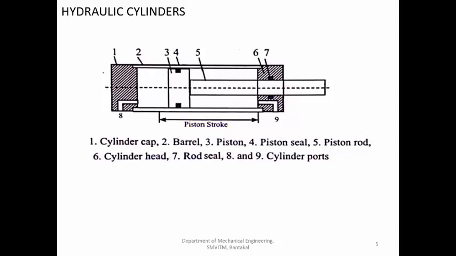Now how is the power calculated? So the power calculated is based on the force. The force is developed because the fluid is acting on the area, the surface area of the piston here. So that is pi d square by 4, the area of the piston on which the fluid is acting. This force multiplied by the velocity at which the piston is moving, from that you can calculate what is the power output of this particular cylinder. So that is about the construction of the hydraulic cylinder.